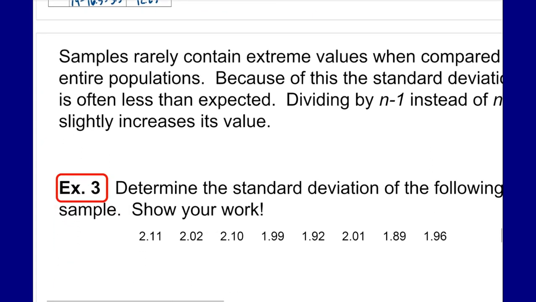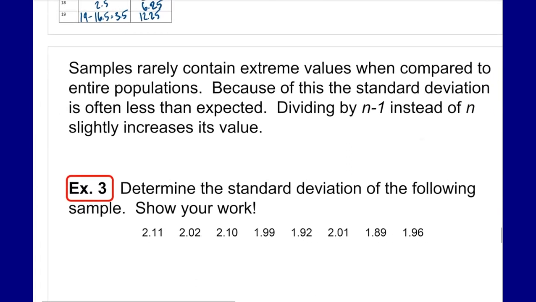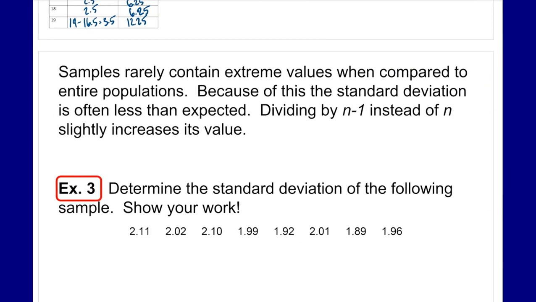Now, in some cases we might be dealing with sample standard deviation or sample means. Samples rarely contain extreme values when compared to entire populations. A sample is a little bit smaller; we're not collecting as much data. When you look at everyone in the population, you might find more of those outliers, more of those extreme values